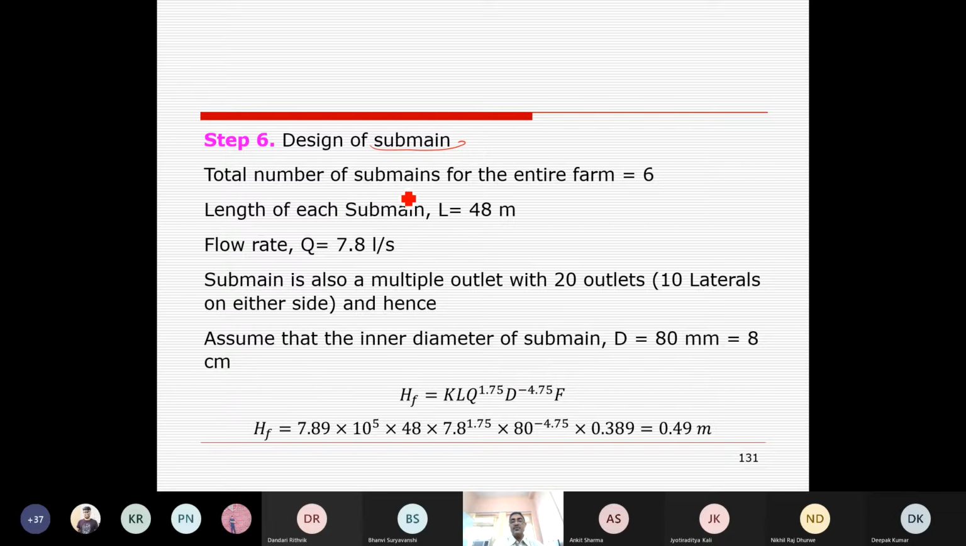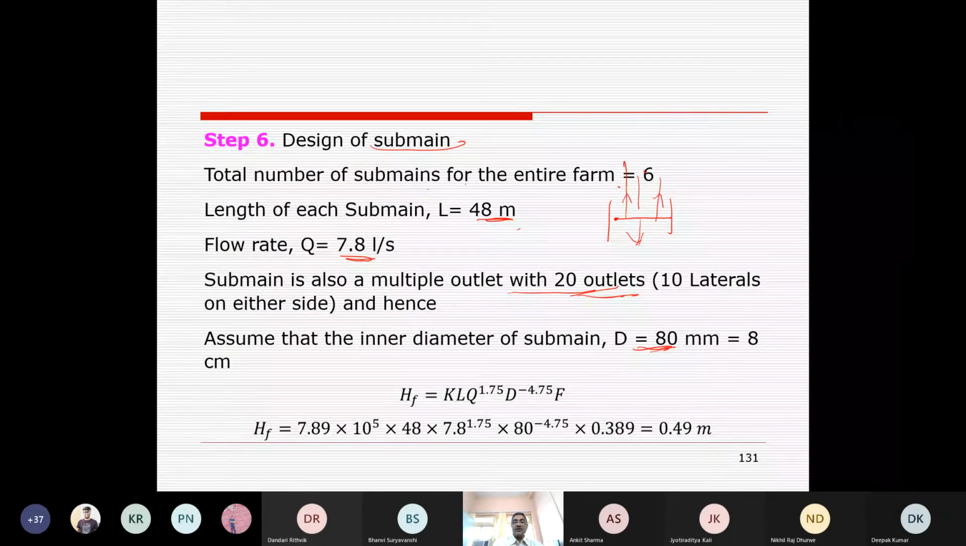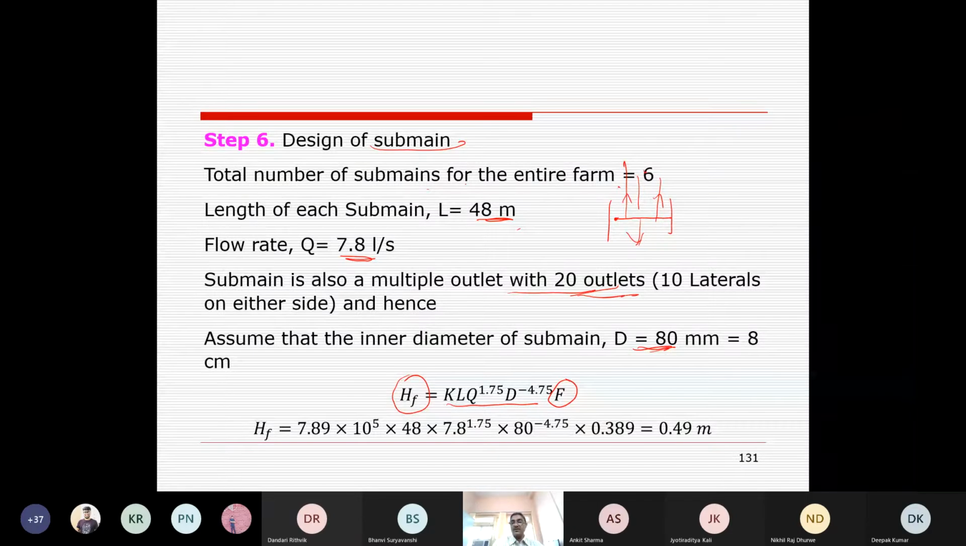Now the submain. The total number of submains for the entire farm is 6, because it is divided in 6, and each is of 48 meter because 50 meter is the size. We can cover by 48 meter to connect these laterals to the submain. Flow rate is 7.8 liter per second. Submain is also a multiple outlet with 20 outlets, 10 laterals this side and 10 laterals this side. So there are 20 outlets. Diameter we are picking 8 meter. So we can find out the head loss by using the same equation, only the F value will change. For 20 outlets it is coming 0.389 from the same table,